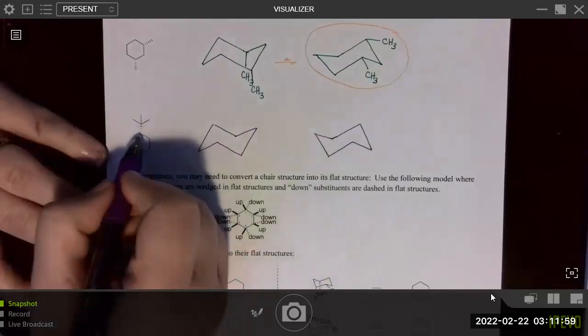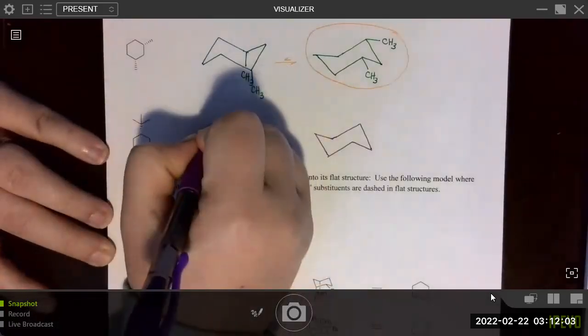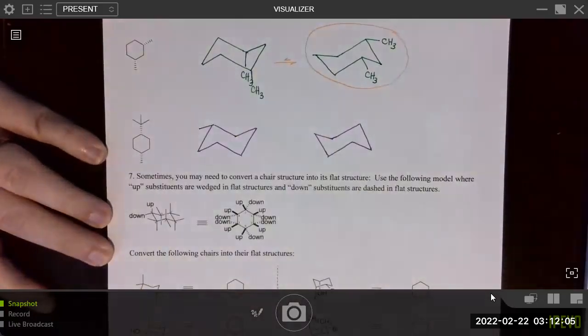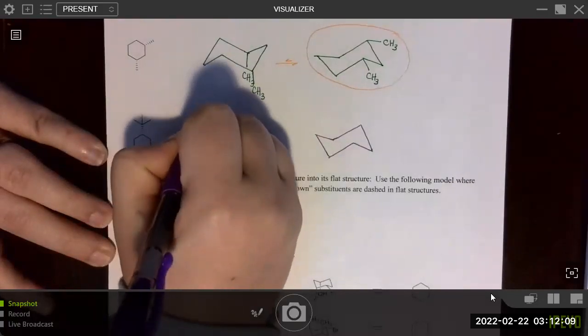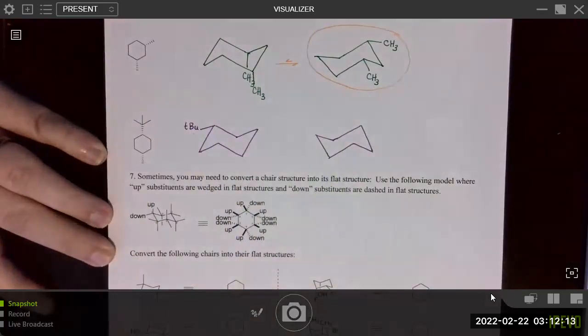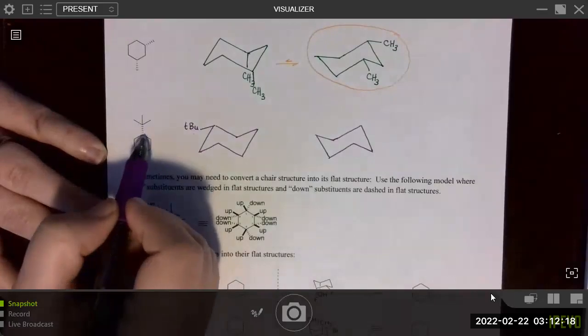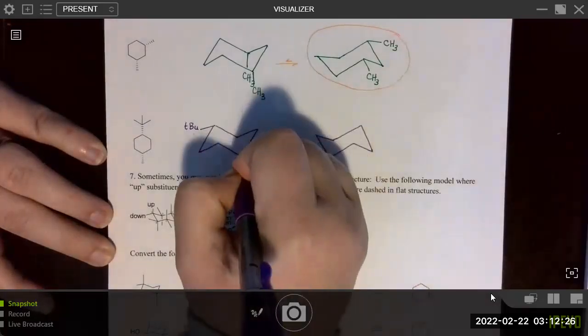So let's say maybe I want to put this tert-butyl group at this carbon and put it in a down position, which would happen to be equatorial, right? So I'm just going to put my t-Bu, which stands for tert-butyl, which is this group, right? And it is in a down position, so that's good. And then if I sort of go clockwise, three carbons away is a down methyl, right? So we'll go down over here.